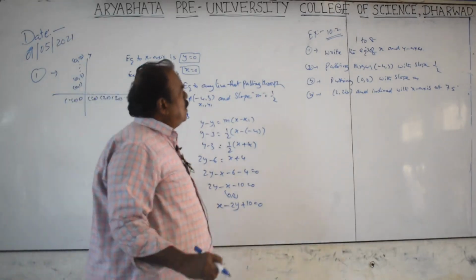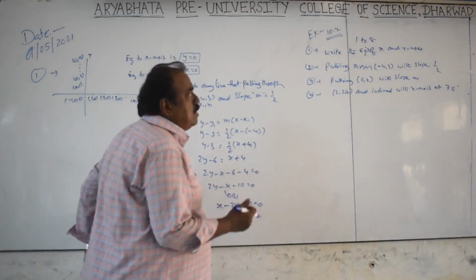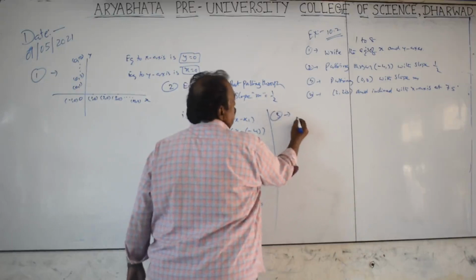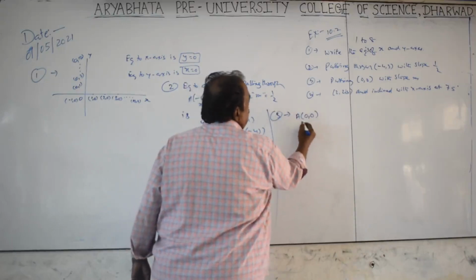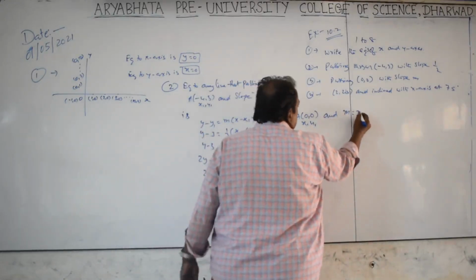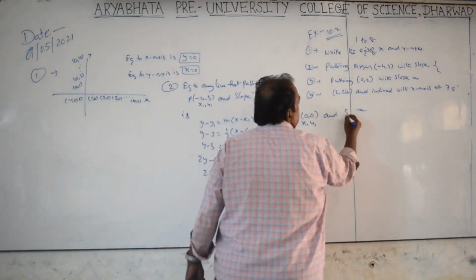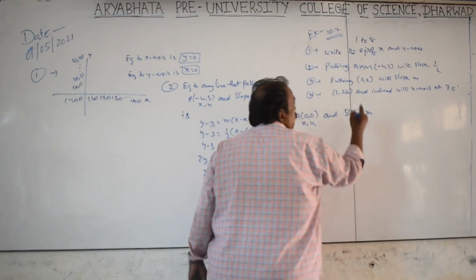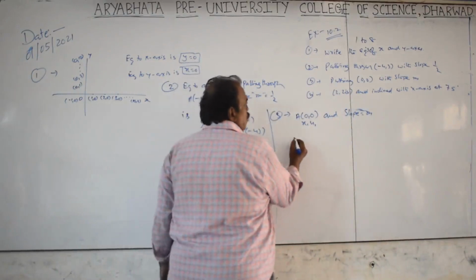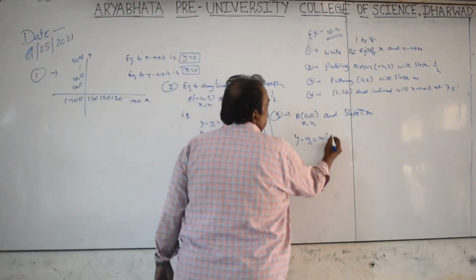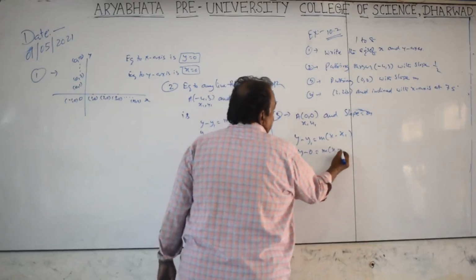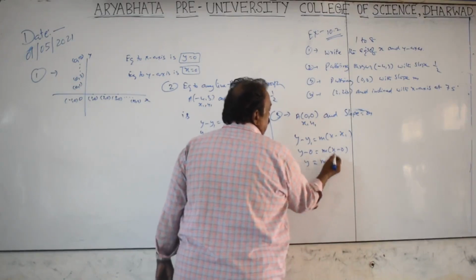Next, you see, third one. Passing through the point with slope m. Same as before. Here the point is 0, 0, this is x1, y1. And the slope is m only. I will write it as a slope only. Slope is equal to m. In the second problem m was 1 by 2, but here it is simply m that is given. So it is y minus y1 is equal to m of x minus x1. Y minus 0 is m of x minus 0. Y is equal to mx.